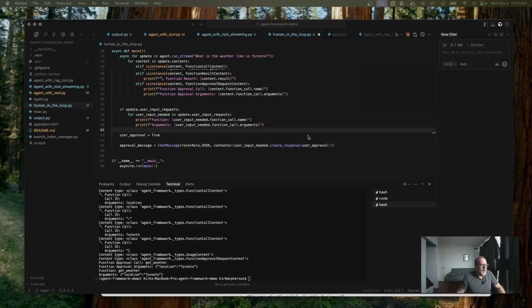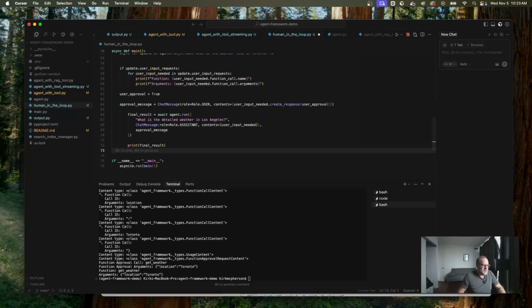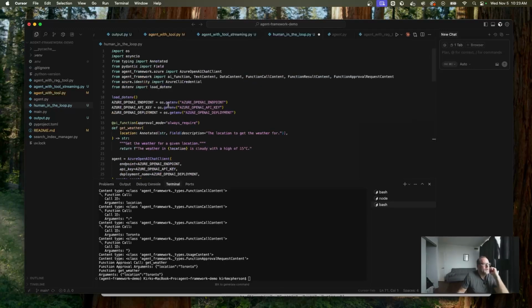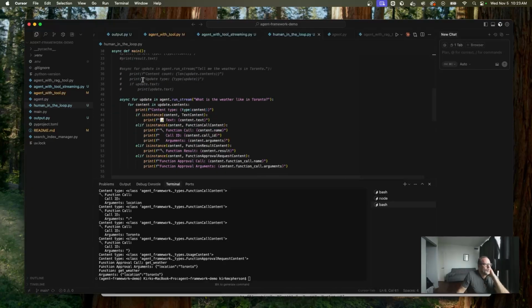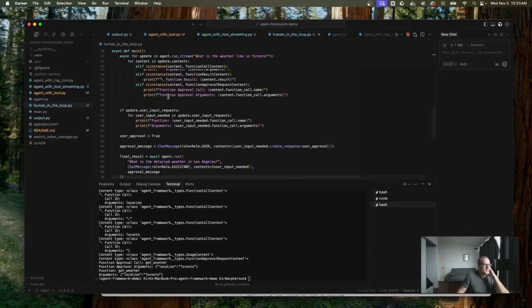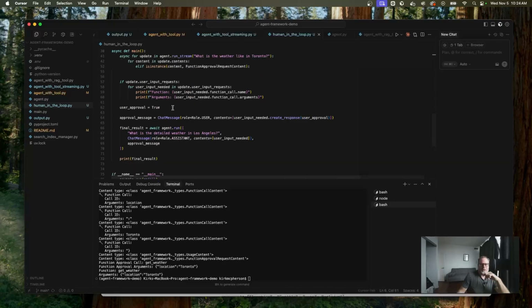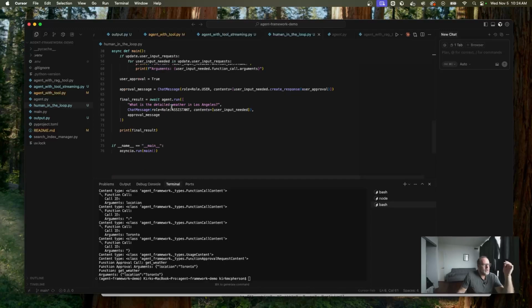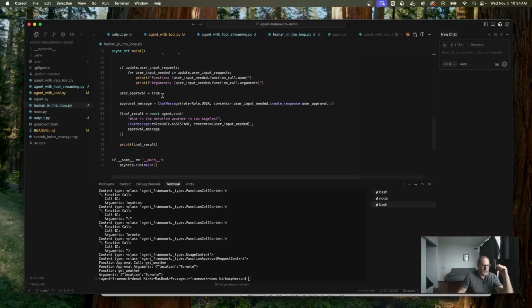And I will just show you that we don't need to run it in streaming mode. So let's go back to how it was before. And let's import what we need to import here too. Chat message and role. I think that's it. So let's look at this code again. We're going through. I'm just outputting the messages. Then we see we stopped at the tool call for get weather. Then we're going to say you can continue, create this chat message that we can pass in to the agent again, and